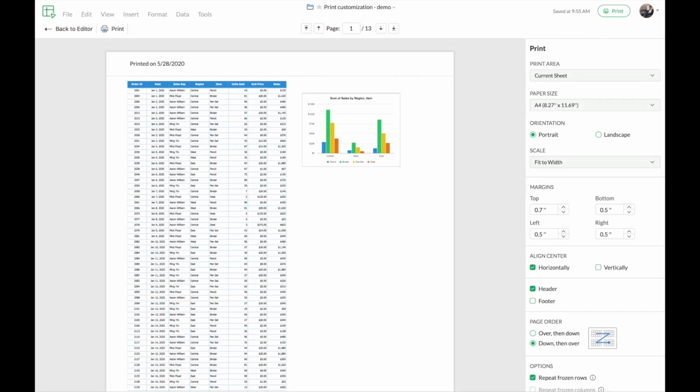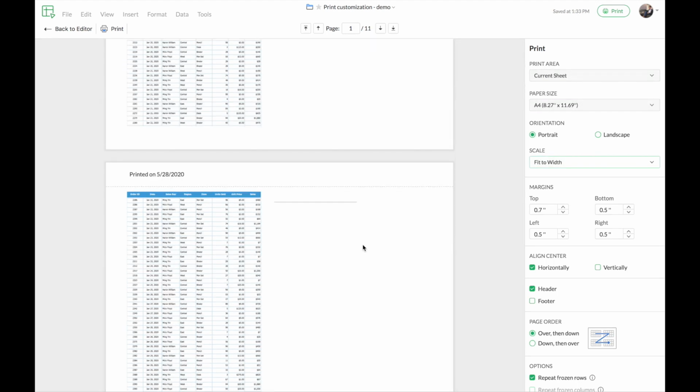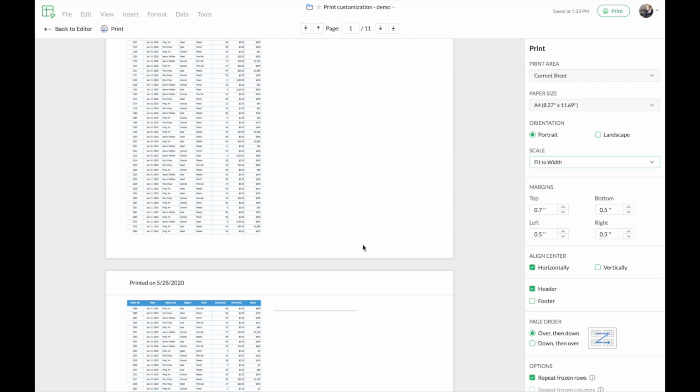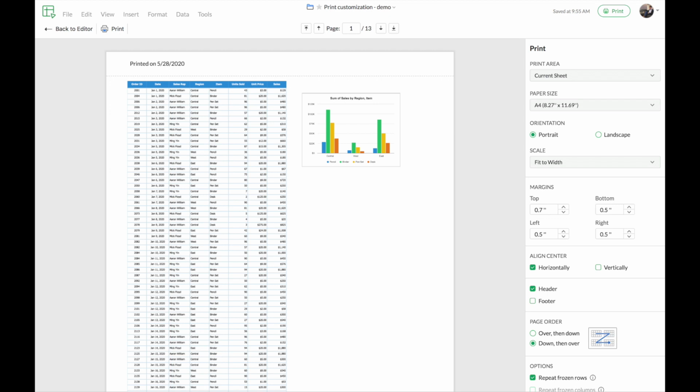On the left you can see that the preview shows the data including the chart that has been scaled in such a way that it fits the current paper size. As you can notice, this option only fits based on the width and does not consider the rows in the calculation. The data is not really readable here in this particular scaling option. So we'll see how the other options work. The second option is to fit to height. As the name implies, this option fits the data based on the height or the number of rows present.